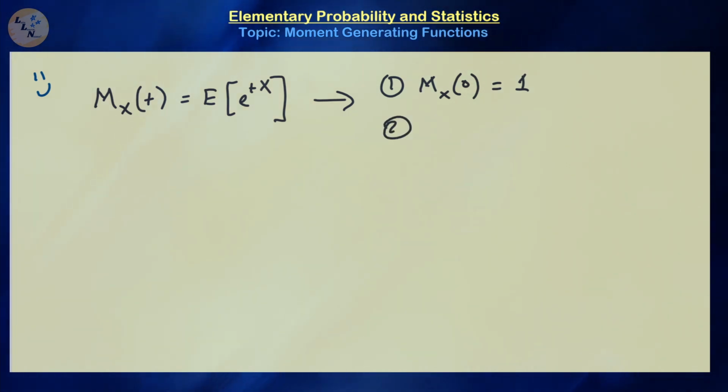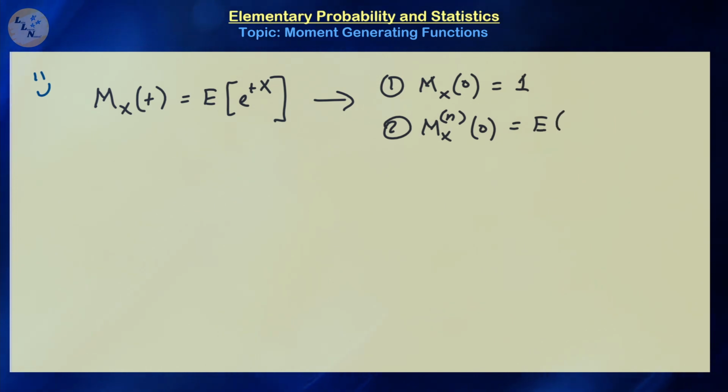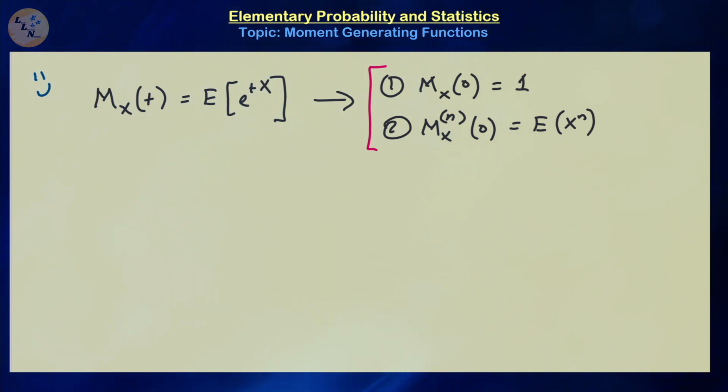And more importantly, of what we just realized, the nth derivative of this moment generating function, evaluated at 0, is always going to give us the nth moment of that random variable, right? So that's the most important part. But technically, every moment generating function is going to have this property, provided that the moments exist and hence the derivatives exist. Now, more importantly, these are important properties, of course, but how do we find